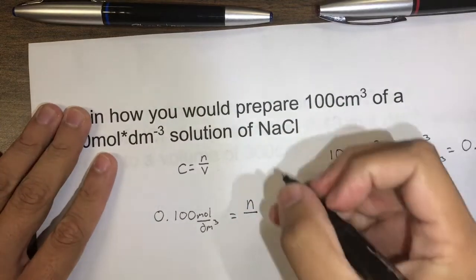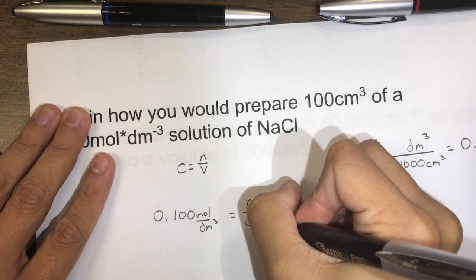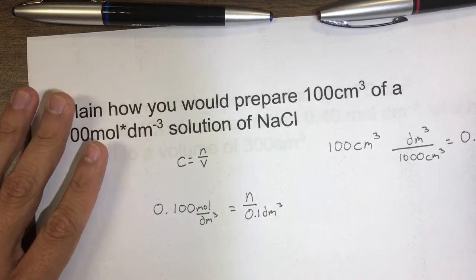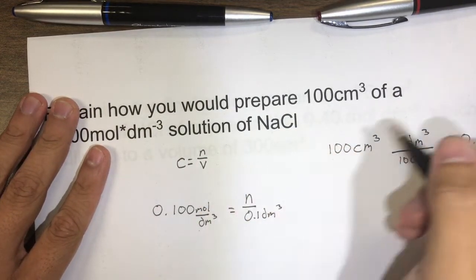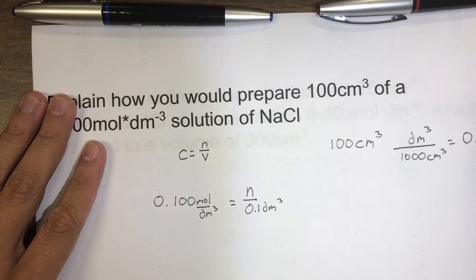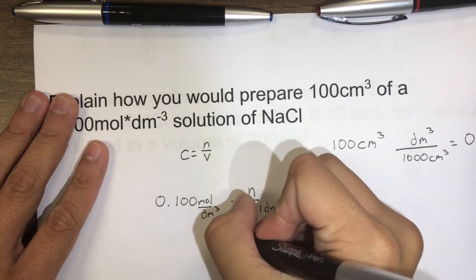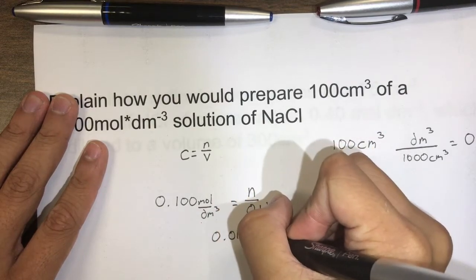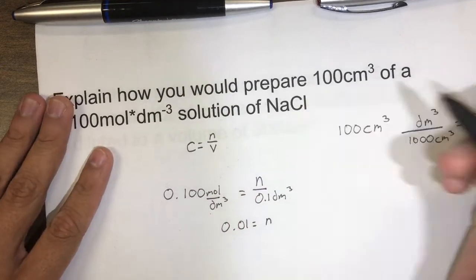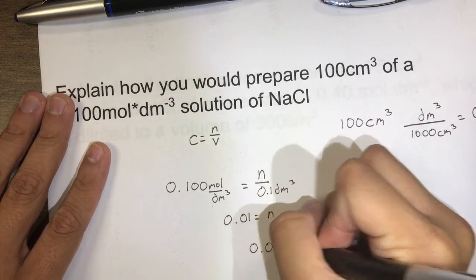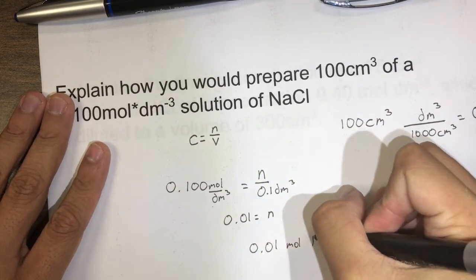So if we multiply these, 0.1 times 0.1, we get 0.01 equals n. Now that we have moles, 0.01 moles of NaCl,